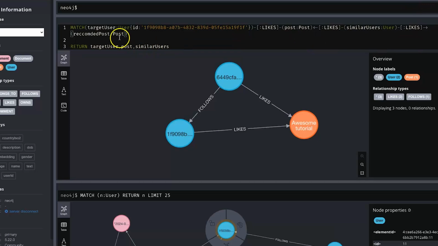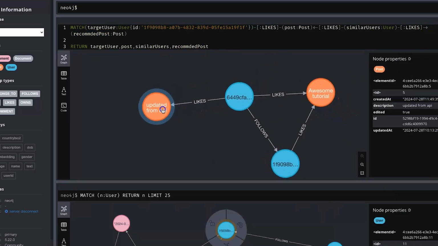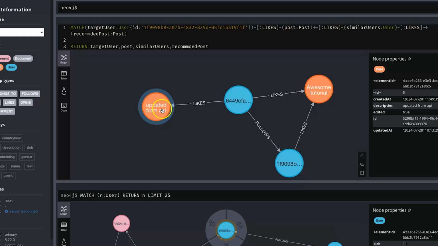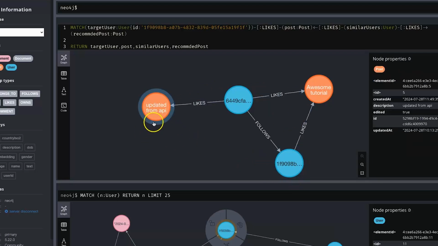And I want to return this one. And let's see the recommended posts. You can see these are the posts that this user can also like, but we need to add